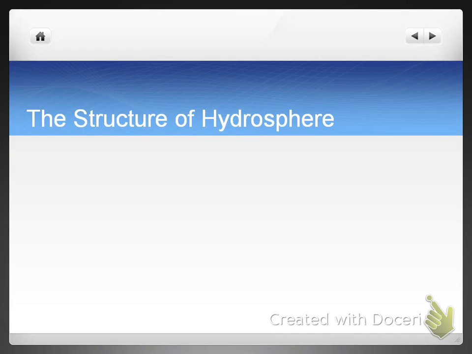Alright, today we're in your packet. We are looking at the page we paper clipped, page 136. We're going to start with the structure of the hydrosphere, and we are going to take some notes today. We're going to look at some timelines about technology, through video of some of the different technology that's been